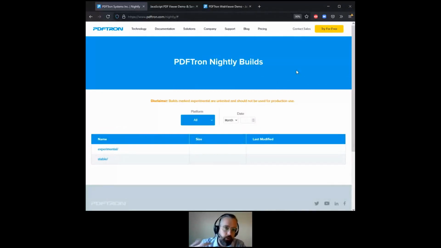Effectively with our technology, as we're checking in code either to the stable branch or the more experimental branch, in either case we're making builds of those available right away. The stable branch is made up of builds that we consider suitable for production usage. So if our team makes a fix to some bit of functionality that would not destabilize any production usage, then we throw it into that stable branch,